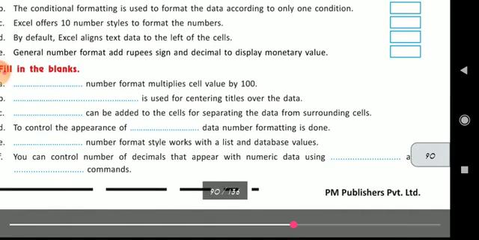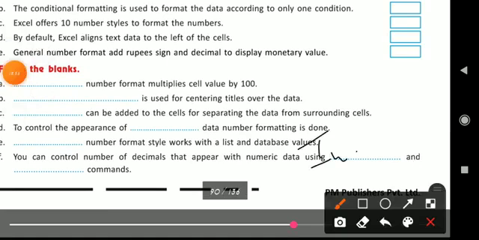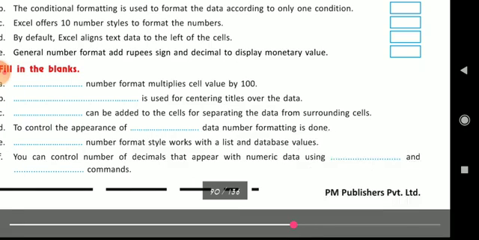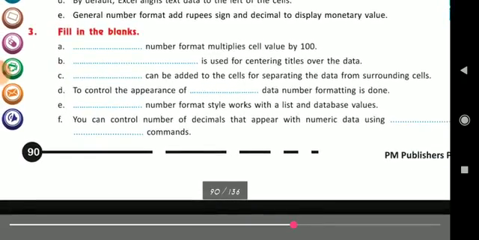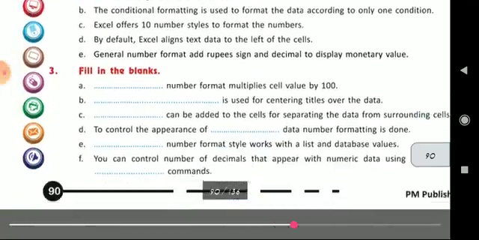In the first blank you will write increasing decimal, and in the second decreasing decimal. Now we have also completed our fill in the blanks, true, false, and take the correct.